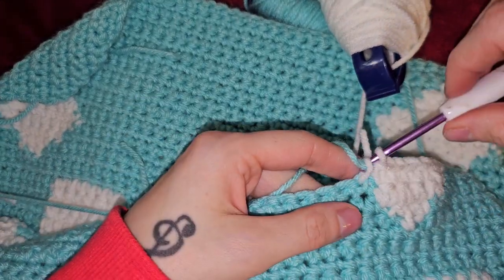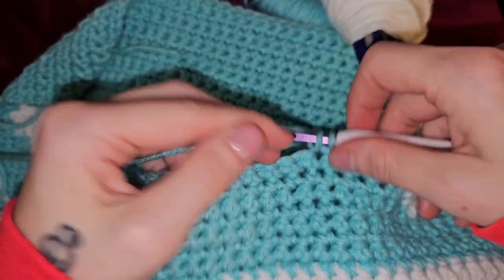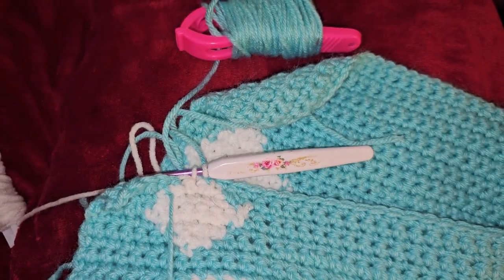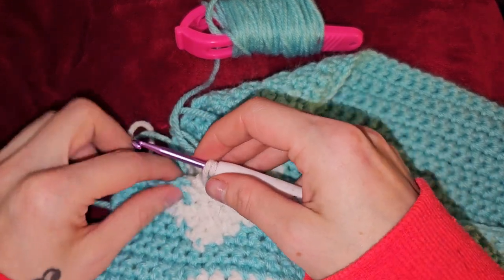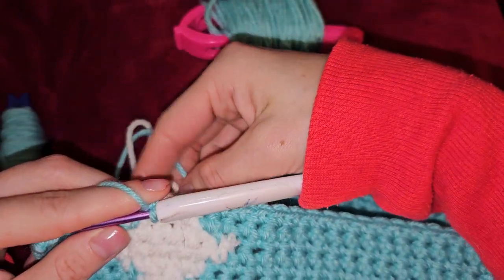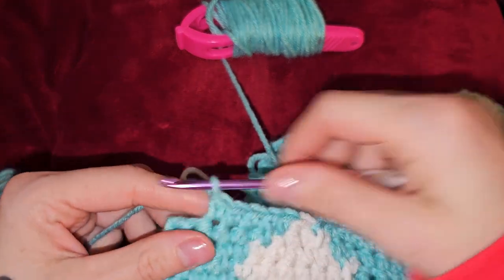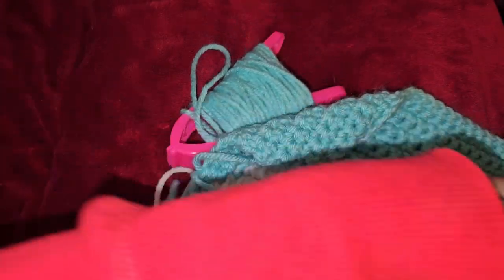And we're going to do 27 teal. 27 teal, and do 1 white, and you can cut it off. To end row 51, we're going to do 7 teal. So 1, 2, 3, 4, 5, 6, 7, chain 1, turn,